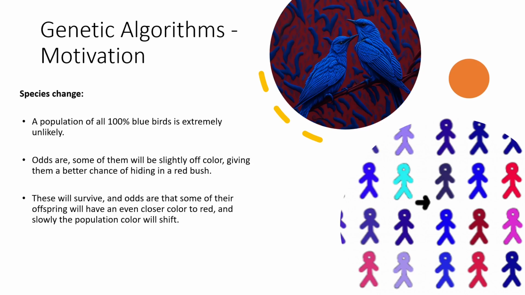If something happens like this, if red bushes occupy the forest, then the birds are supposed to survive that. Okay, and these will survive, and the odds are that some of the offspring will have an even closer color to red, and slowly the population color will shift because the bluebirds will be the ones that die because of the predators. Okay,